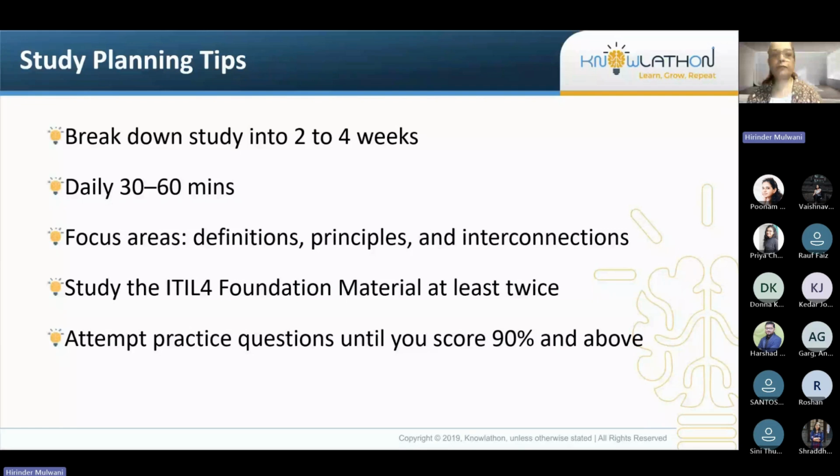If practice questions have been provided to you, aim at achieving 90% or above every time you solve the paper or solve those questions. Any question which you continuously are getting wrong, park it for a separate day. Go and study that topic on that day just for that question or those 3 questions or 5 questions, and